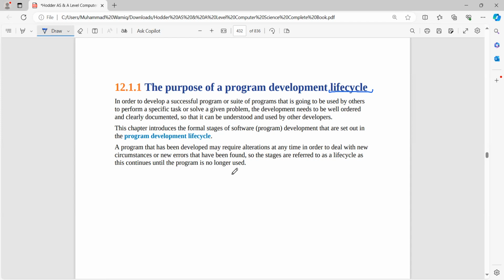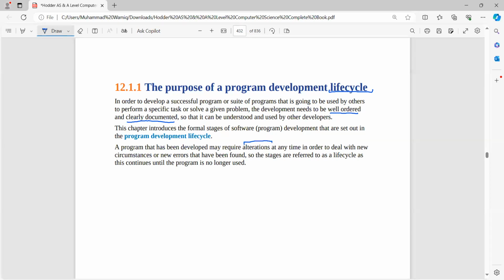Like, for example, if someone calls you and asks you that they want to get software developed for their company, one thing you should make sure is that your software documentation is well ordered and clearly documented, because you are working here as a layman, and you are going to transmit your knowledge on to the developers. So in terms of a program development life cycle,